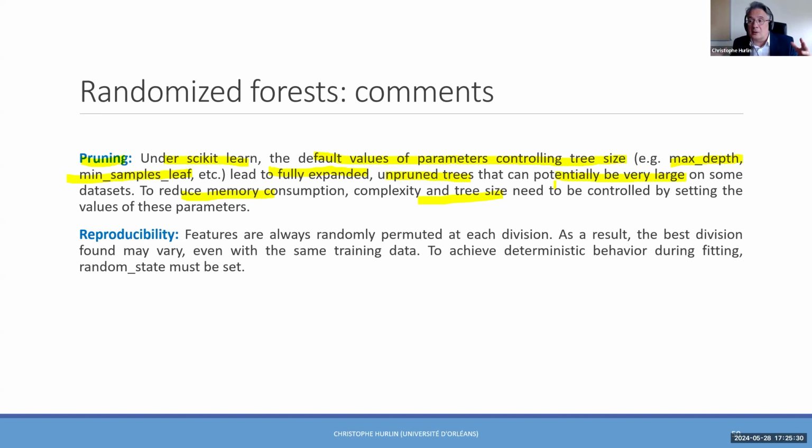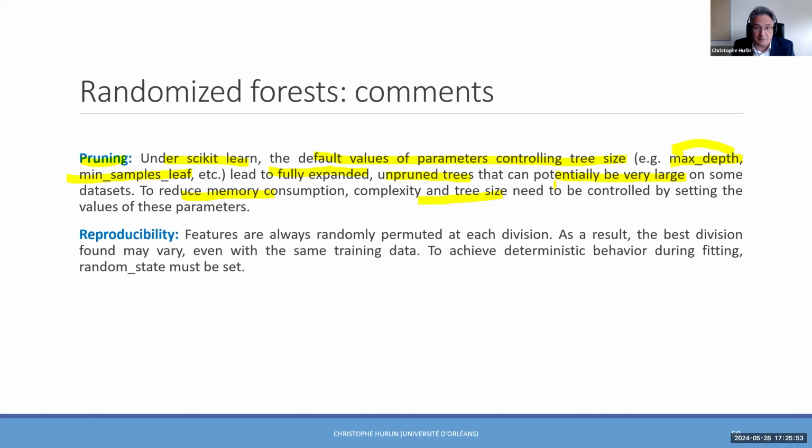But if at the beginning the variance is important, even if I multiply this variance by a correlation that is low, then at the end I will also have a big variance and a big problem of overfitting. Okay, so I recommend you to reduce a little bit the size of the trees